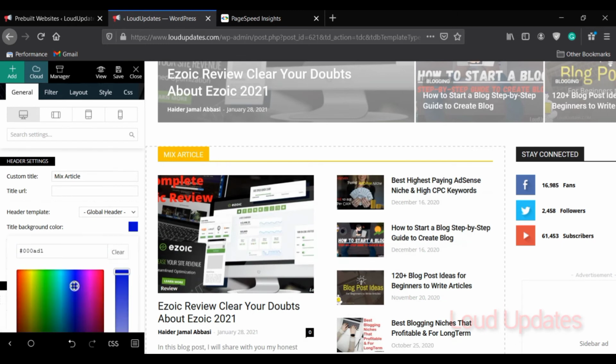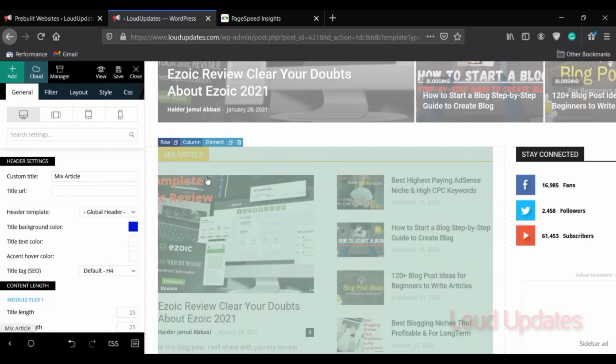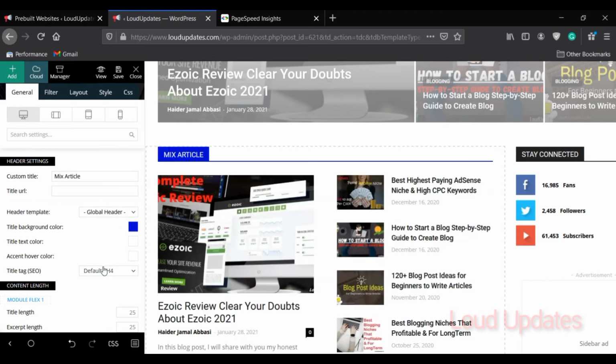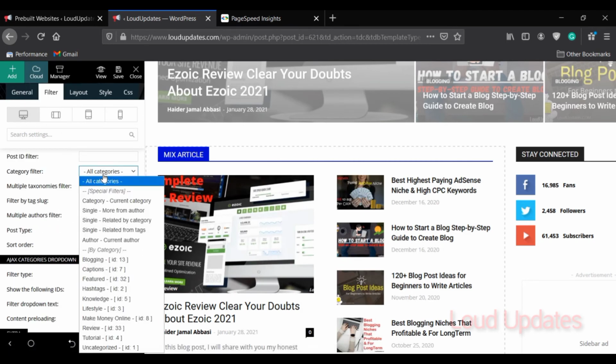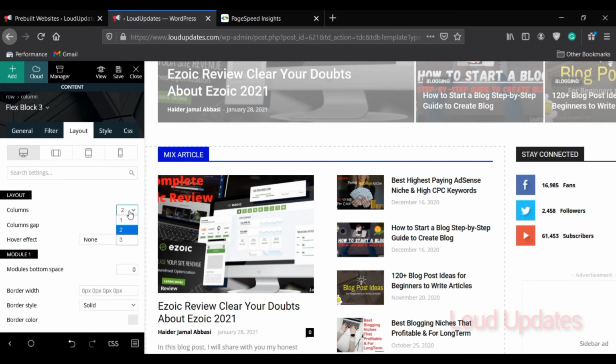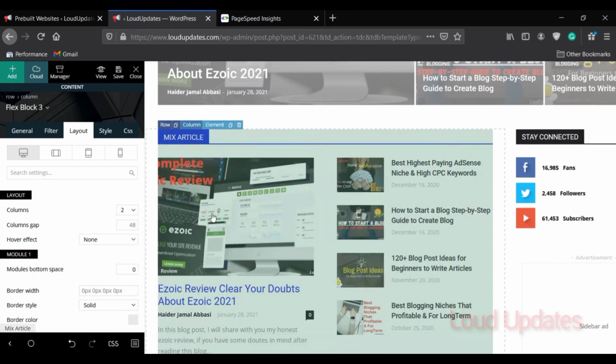If you want to change the color, different colors are also available. So let's wait. Here you can see it updated. We also changed the text color and title text. You can also filter different types of layout, style, and CSS available, so choose which one you want to add.